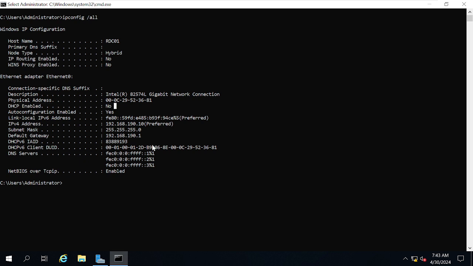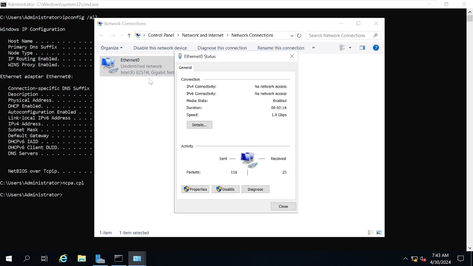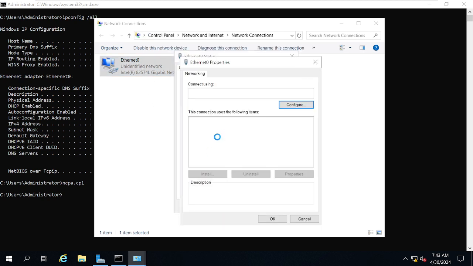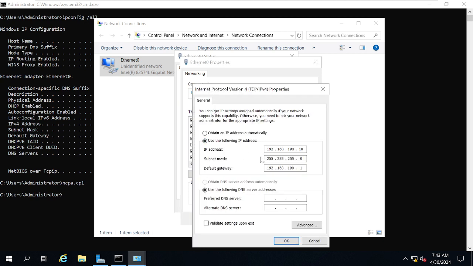That means somebody manually assigned the IP address. When it says no, that means the address has been given manually. How to verify? Just go to ncpa.cpl and look at the network interface card here. Double click on the network interface card, go to properties and go to IP version 4, and you see the address has been added manually. My address is